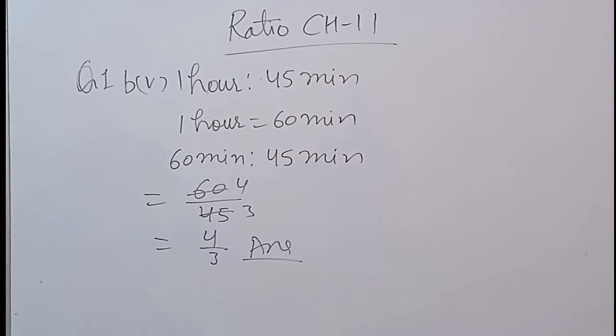Children, I am taking question number 1, B part, and the fifth part of B, that is 1 hour ratio 45 minutes, and we have to write in the simplest form. So 1 hour, first we know 1 hour is equal to 60 minutes. So convert 1 hour, that will give you 60 minutes ratio 45 minutes. Now write in a ratio form, that is 60 upon 45, and the common factor of 60 and 45 is 15. So 15 4s are 60 and 15 3s are 45. So 4 upon 3 is the simplest form of 1 hour ratio 45 minutes. So in that manner you can do the other sums.